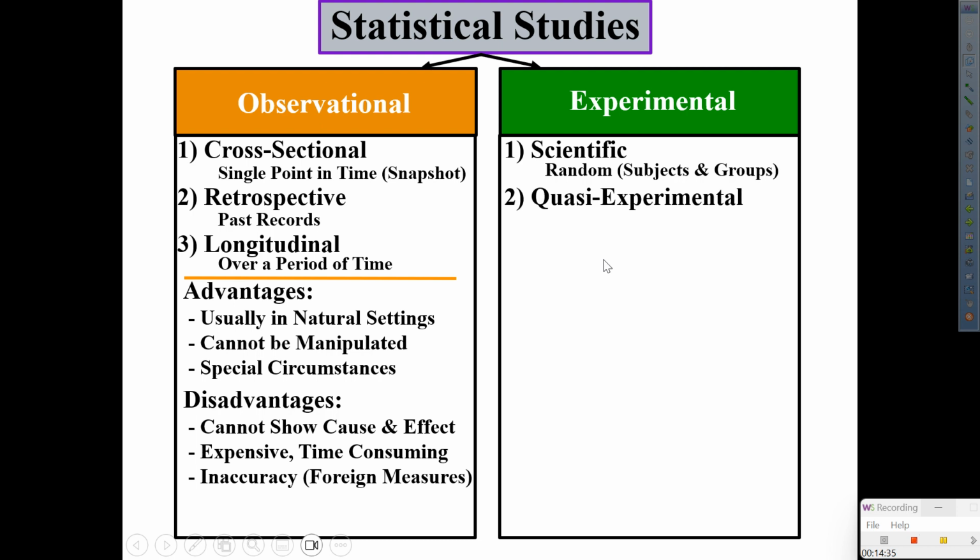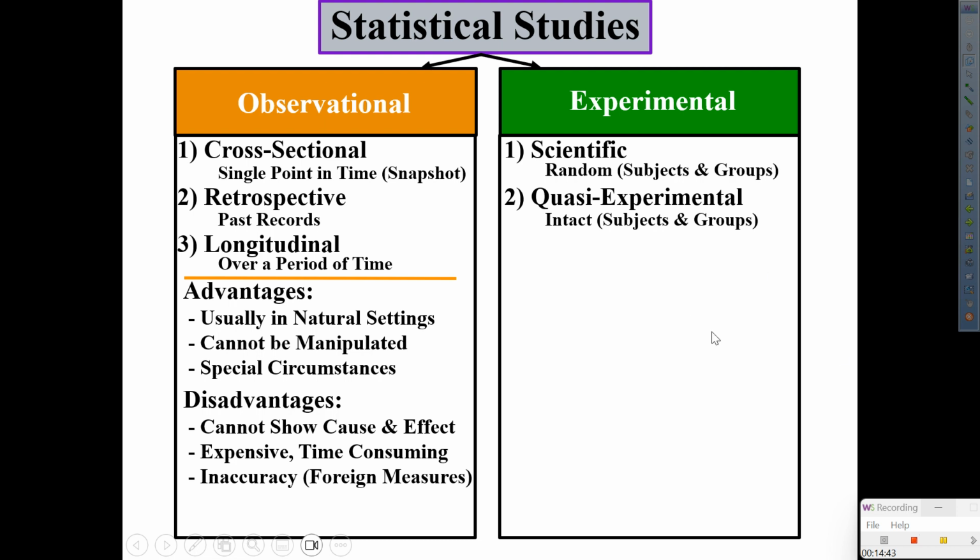However, the second type of experimental study is known as quasi-experimental. Now, what's the difference, Mr. Q? In quasi-experimental, you have no control in regards to picking the subject or the group. For example, what if I told Serena, can you go out to the quad during lunch and go to those that are seated over there at the lunch area, bring them all back. Did she choose randomly? No. She went specific to a place and to the group that I told her to bring back. So, you have no choice. Scientific, you choose randomly. Quasi, they're chosen for you. You already have them. Questions, comments on those two?